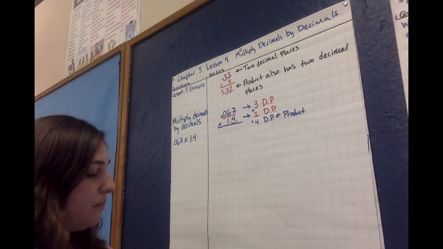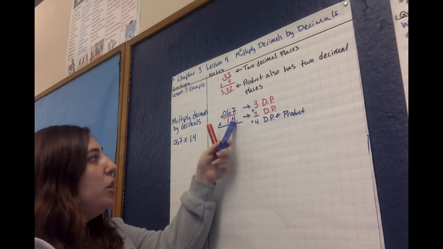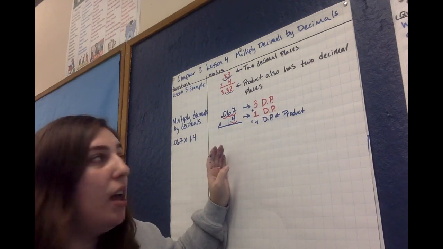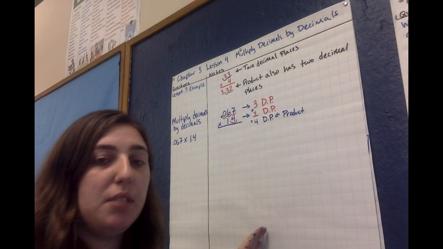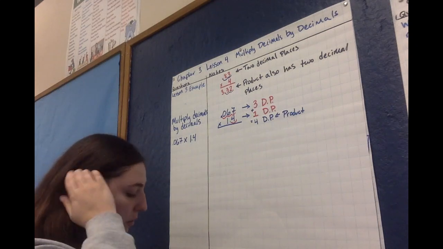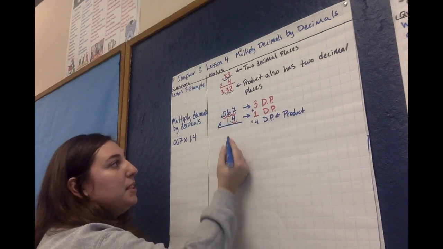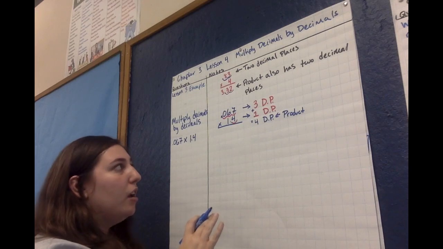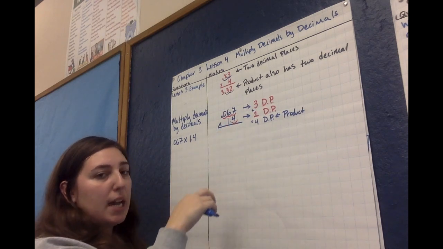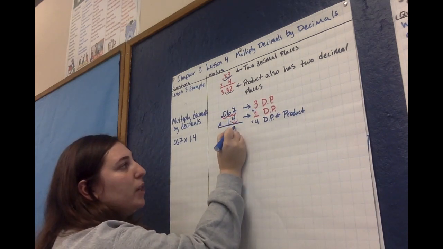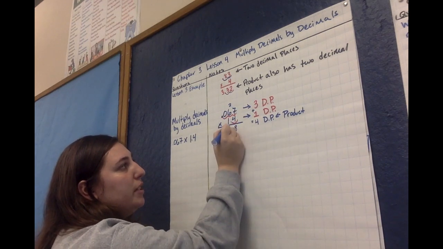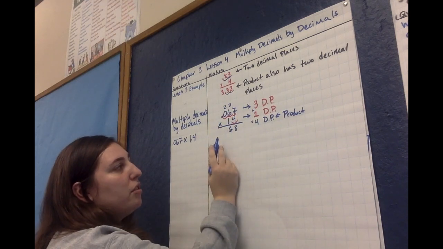All right, so we will multiply this out, and I'll show you how to do this and placing your decimal place where it needs to go, but then I'm going to show you one other strategy to use that's a little easier when multiplying decimals. Okay, so let's multiply this out real quick. So 4 times 7, I'm just going to multiply it like normal, okay? So imagine there is no decimal here, and I'm just multiplying 67 times 14. So 4 times 7 is 28. 4 times 6 is 24, plus the 2 is 26. 4 times 0 is 0, plus 2